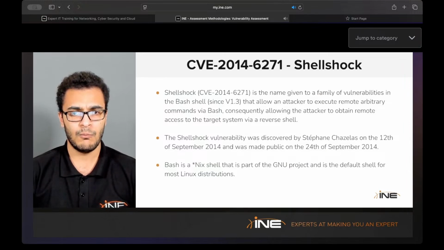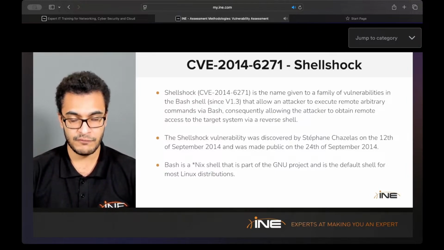All right. Now, what is a shell? Well, a shell is essentially a command line interface. So on Windows, you have your command prompt, and on Linux, you have your various shells. And Bash is the de facto standard for most distributions. So again, this vulnerability really did shake up the whole Linux industry